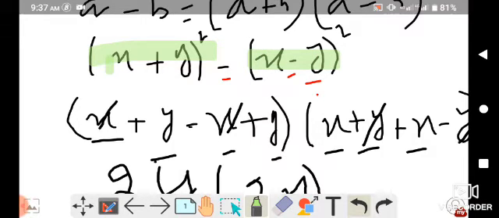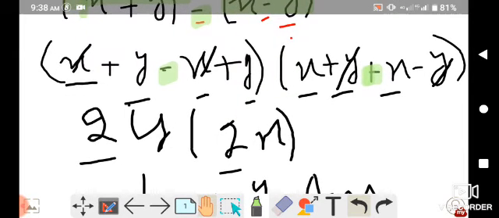So how many brackets should there be? Two brackets: one of x plus y, and here is a negative sign, so we give a negative sign here. This bracket is of positive sign and this bracket is of negative sign. But how many variables are here? One x, one y here, and in the second bracket there is also x and y, so I have written x y. This is one bracket and this is the second bracket.